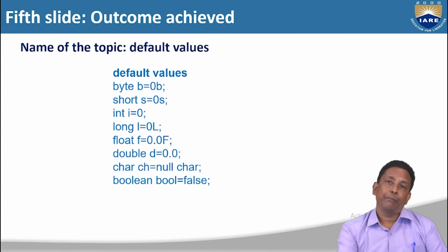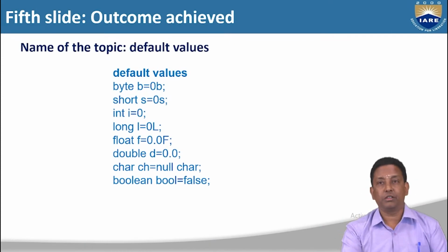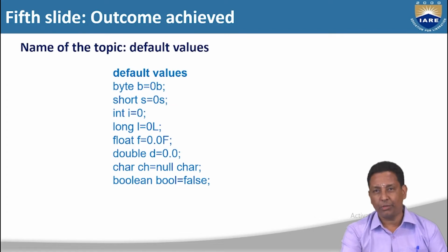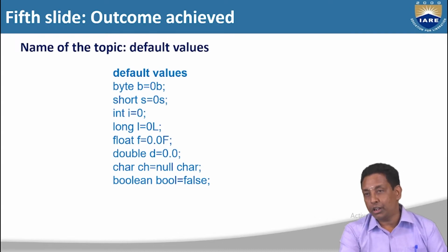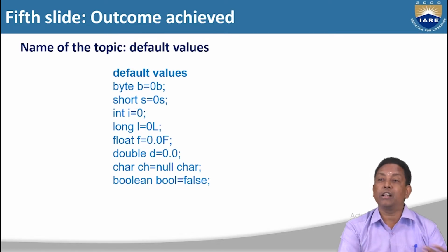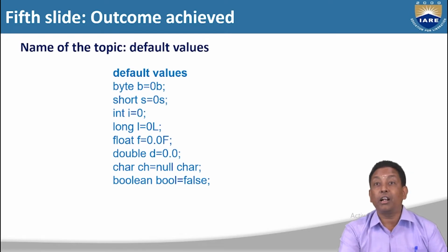And next, coming to the primitive data type default values. Coming to the byte, the default value is 0. So you can write 0 or 0b, anything you can write. To the byte data type, if you initialize 0b, then the Java runtime environment will recognize that, okay, 0 is not an int value, it is a byte value. To the byte b, if you don't put 0b, 0 will be by default treated as integer. That means in Java, all integer literals are by default treated as int. So if you write 0, 0 will be treated as int.